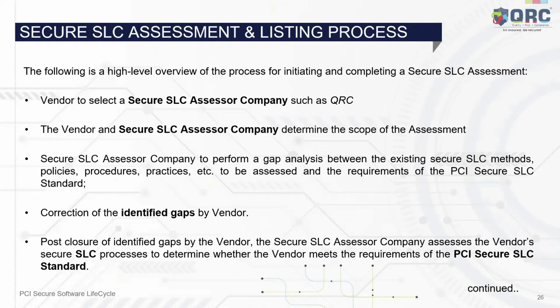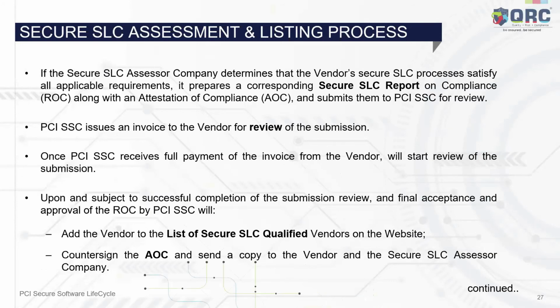Once the assessor company is satisfied with the applicable requirements or controls which an SLC vendor has implemented, the assessor company is supposed to prepare two documents: a report on compliance along with an attestation of compliance. After the assessment is done, the assessor company will take all the evidences from the vendor to make sure that controls are implemented. After that, the assessor company will prepare two documents, ROC and AOC, and submit them to the PCI